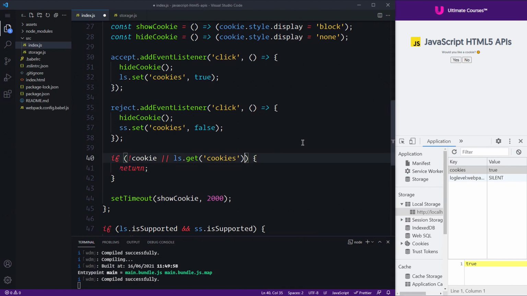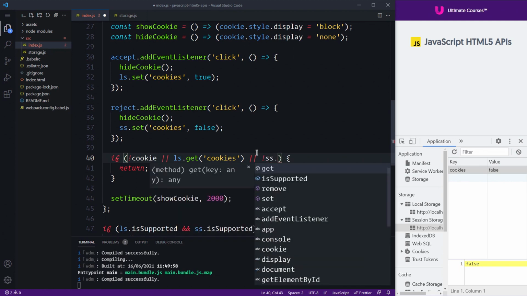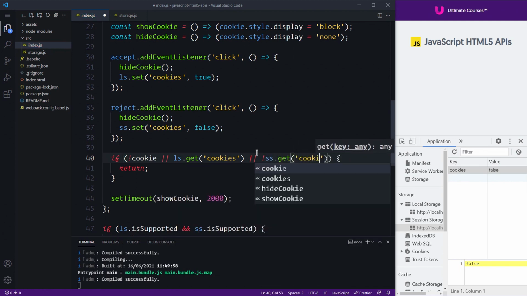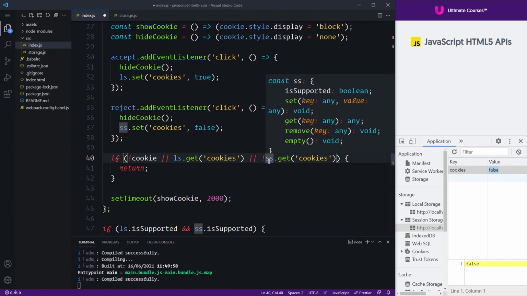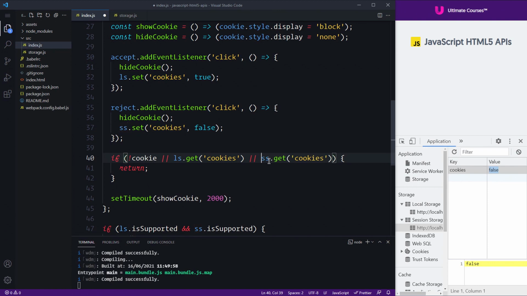The other condition is that if the user has selected no, we then put this into our session storage. So we want to, in fact, check this as well. Now, there's one interesting thing because we don't want to use an inverted expression because it might be that we say session storage.get and we want to get the cookies. Now, because this value is actually false, we don't want to do something like this because it's always going to be true if the value does not exist. So we want to just simply explicitly check whether the user has selected false,